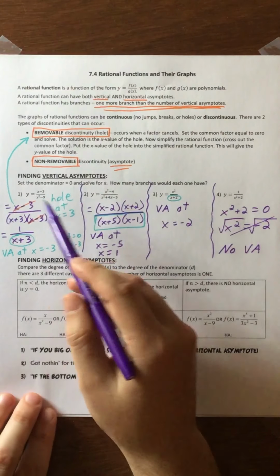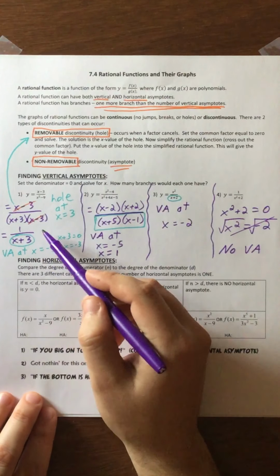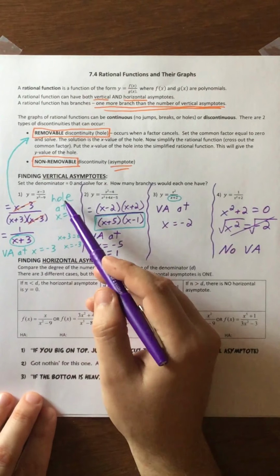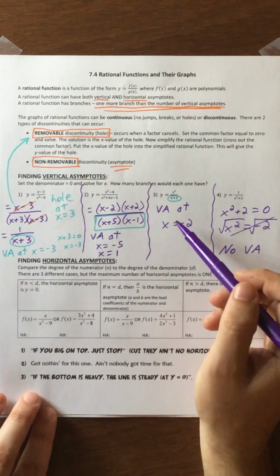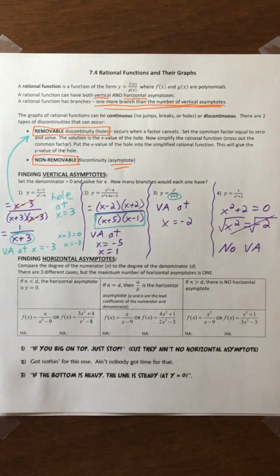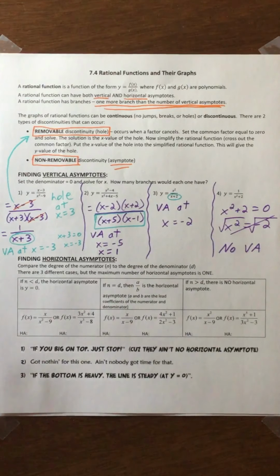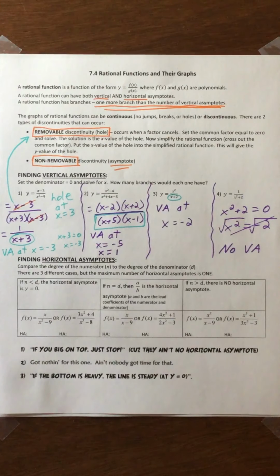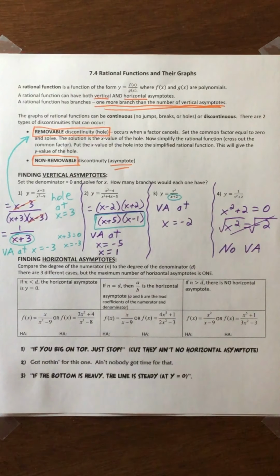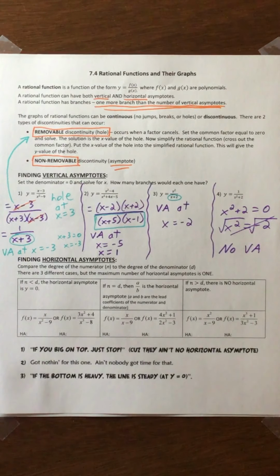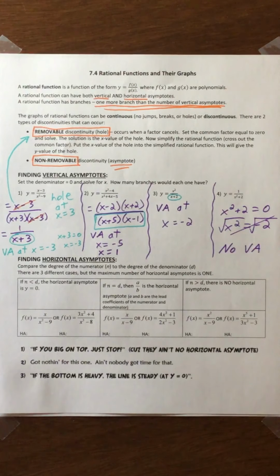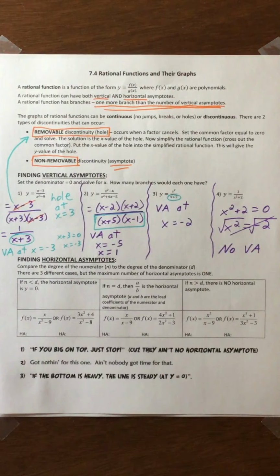All right, number 1 is probably your best example to look back at because this had a vertical asymptote and a hole. 2 and 3, no holes. So that's vertical asymptotes and removable discontinuities. Next step is we've got to figure out: are there horizontal asymptotes? The way you tell if there are horizontal asymptotes or not, and where they occur,